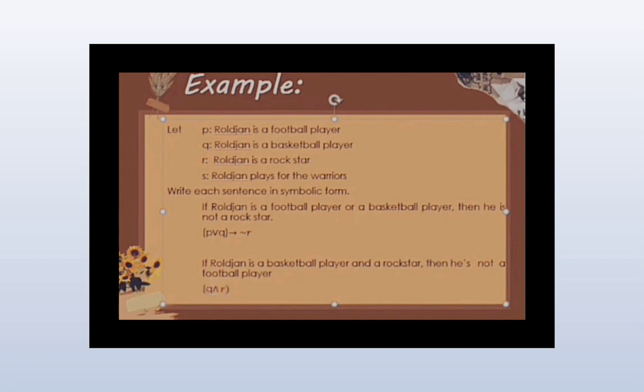Then we apply now the implication since we already have here then, no? So implies, we copy the symbolic form of implication, or if then. Then he is not a football player. So we let a football player as P. So we write that one as